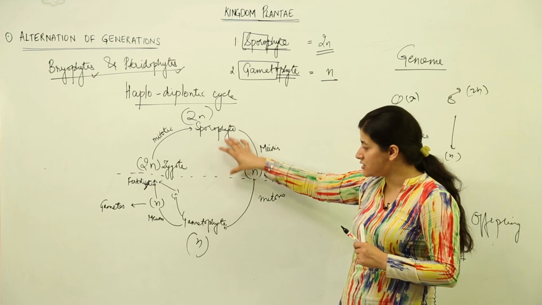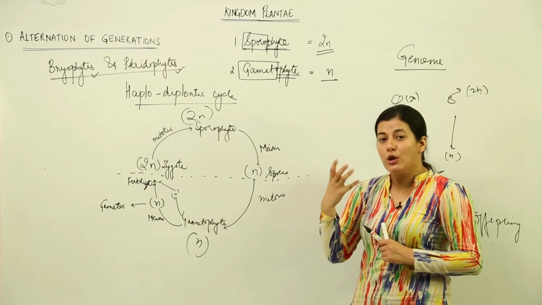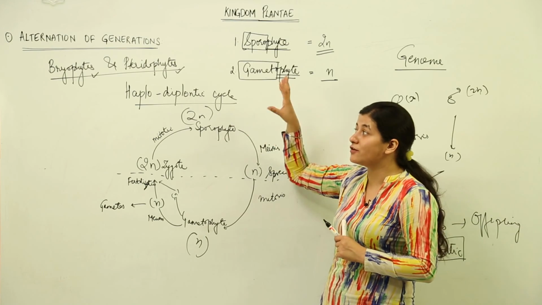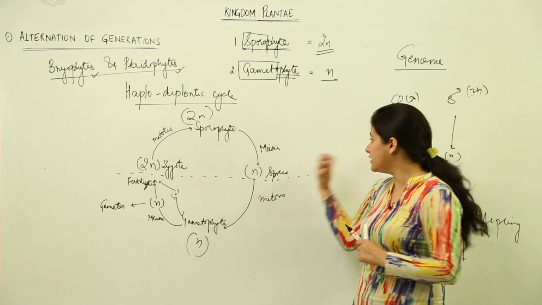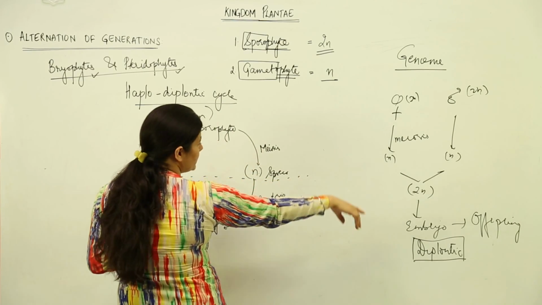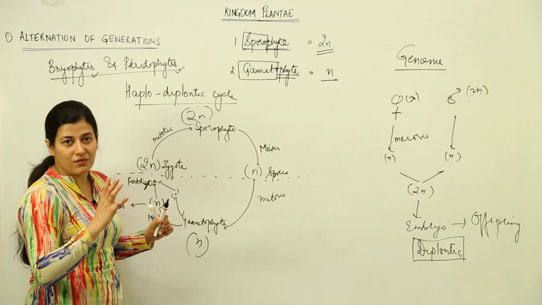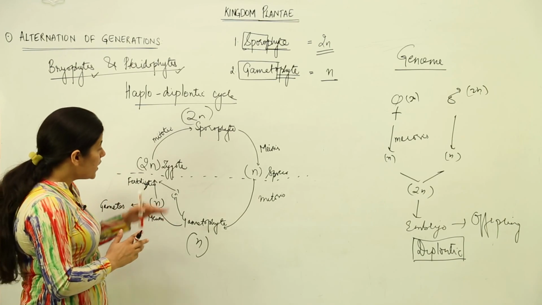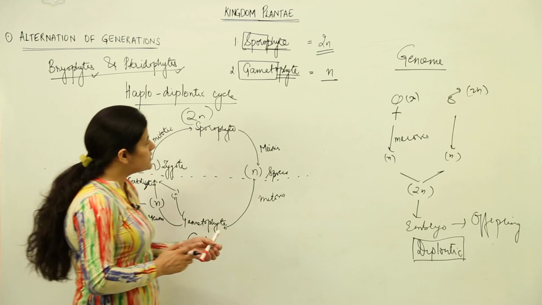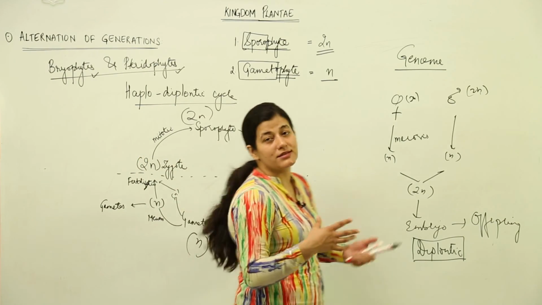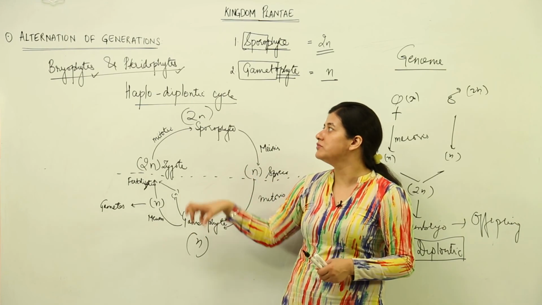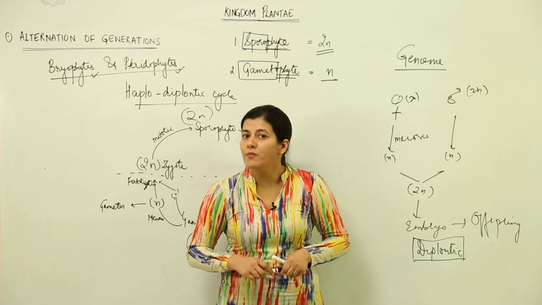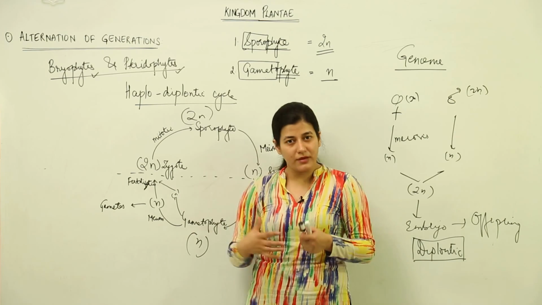And you can see both these generations or both the plant bodies with your eyes, because this is also a dominant stage, this is also a dominant stage, not like in the case of haplontic where the dominant stage was haploid, and not in the case of diplontic as well where the dominant is again diploid stage. You do not find these gametes, they are not macroscopic, they are microscopic, and they are reduced to 2 or 3 cell stage. Over here the plant body would have multiple cells, it would have fully grown, and this is all about alternation of generation. When I come to understanding the life cycle of Funaria in the topic bryophytes, I hope you will have this fresh in your mind and you will be able to relate what